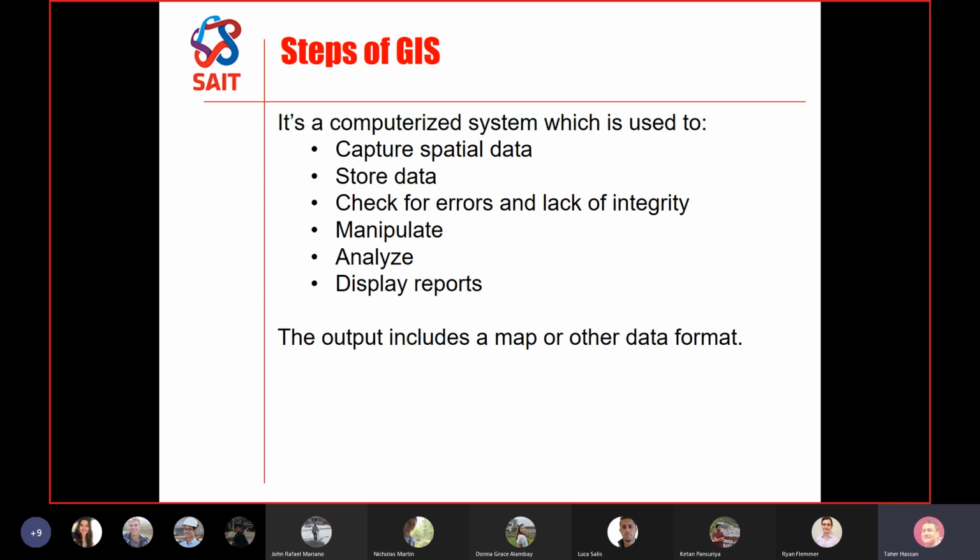Number one is, as we said before, that any GIS system must start with a base map. Any GIS system will start with a base map. So which means my first step before anything, I will need to capture my spatial data, which is simply, if this name is very difficult for you,